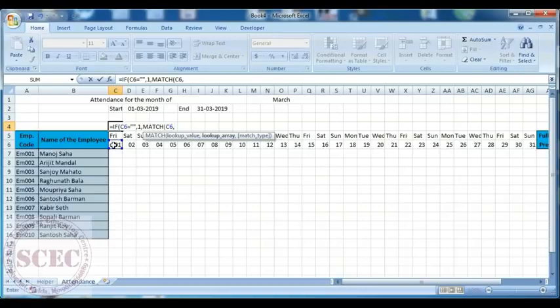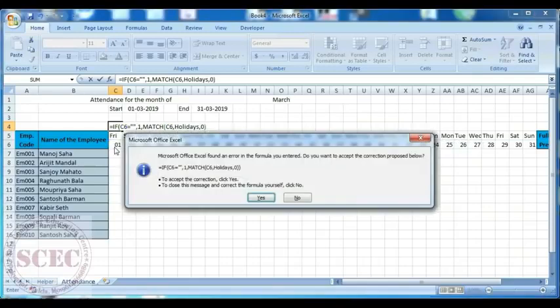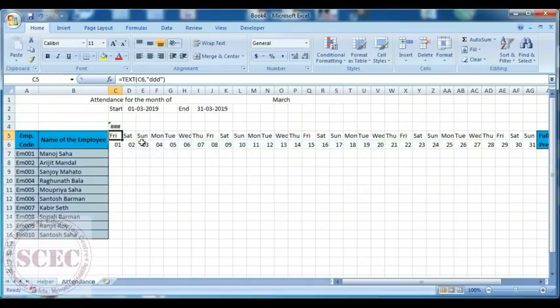This formula will find if this C6 date is given in the holidays range. If it finds it then it will give a number, else it will give 0. So it gives us NA, that is not available, that is a wrong formula.